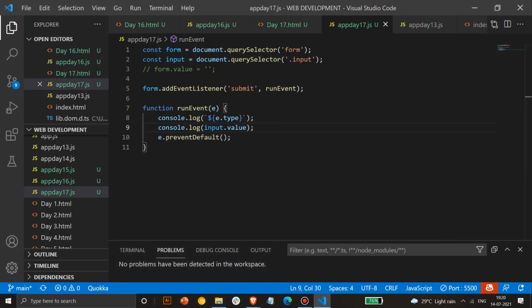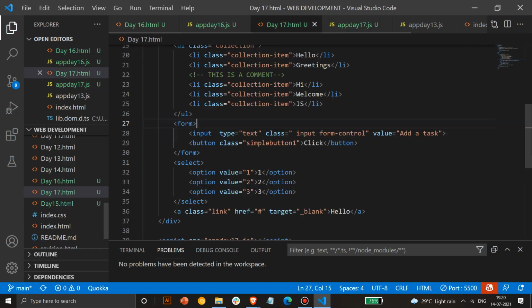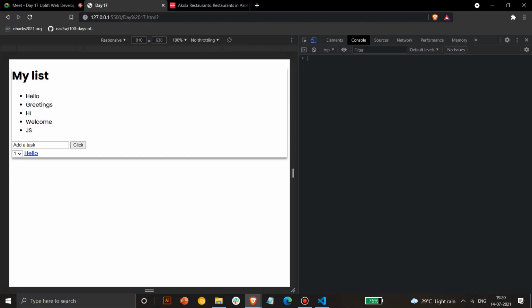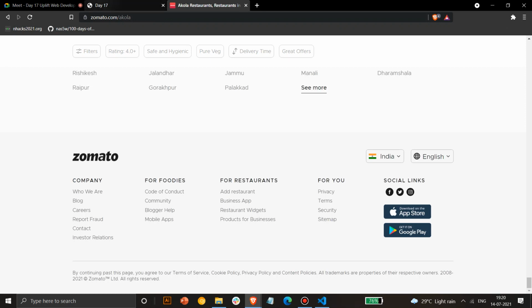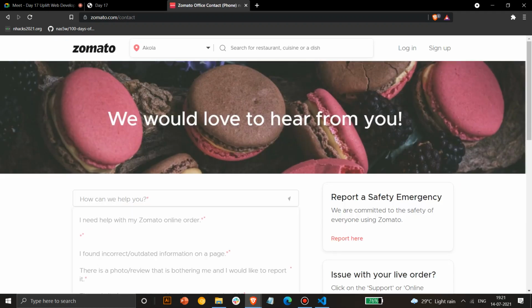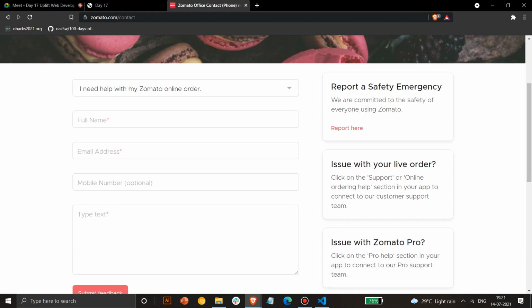Okay, so by default, if you remove this line, what happens is the submit button, the form element, has a characteristic. In every form you fill up nowadays, by default, it will redirect you to a thank you page, or it will reopen this site again. Okay, so if you go to a contact form here, I'll show you in a live example. So if I fill something like this, I'll give some random details.